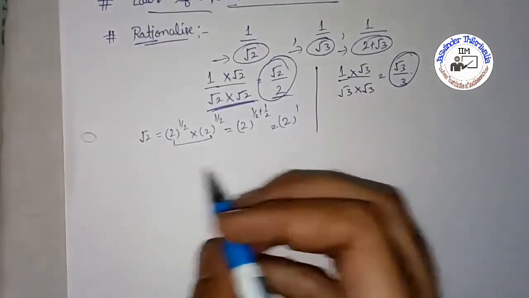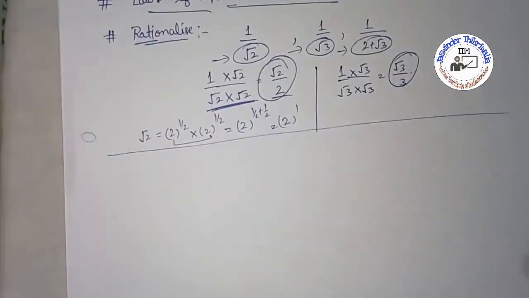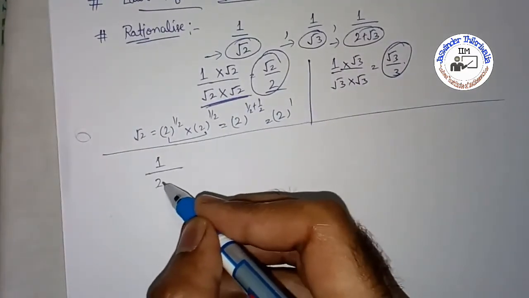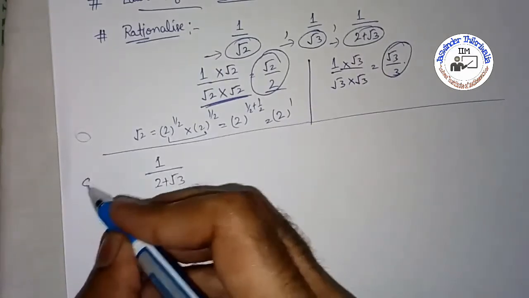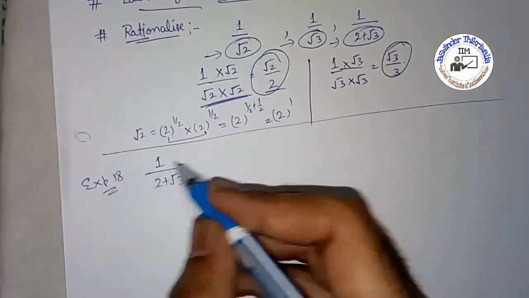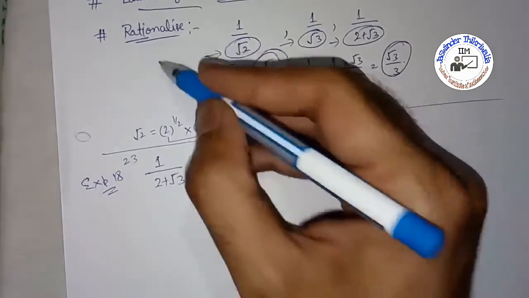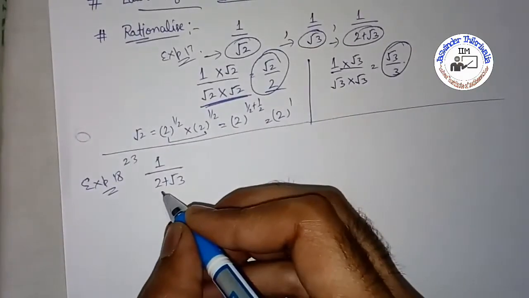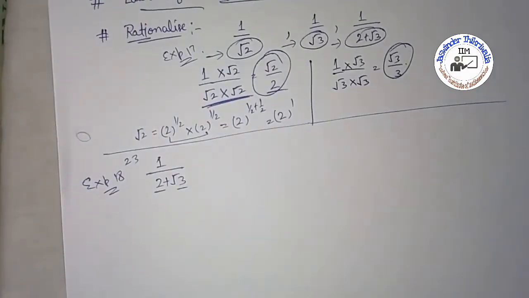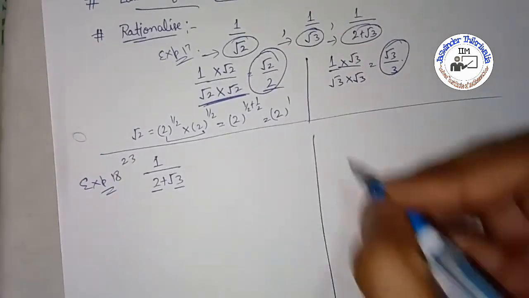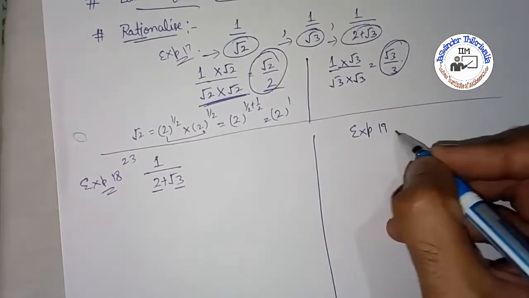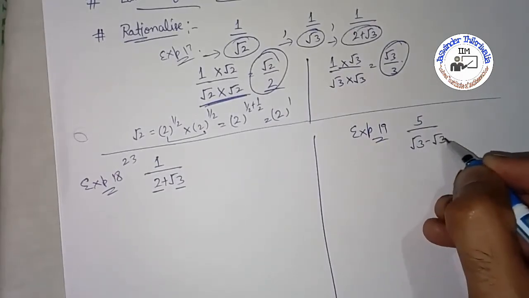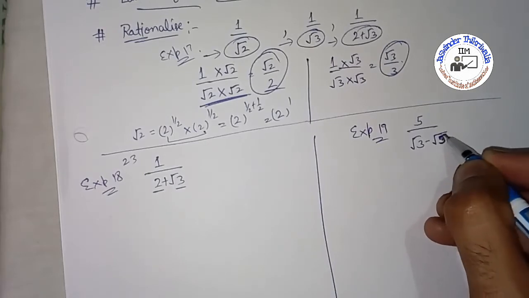If there are two terms, one rational and maybe one irrational, for example we have 1 upon 2 plus under root 3. This is your example number 18 on page number 23, and the earlier one was your example number 17. So beta, now you check that one number is rational, another is irrational. So how can we solve it? And you can take one more example, example number 19 also. In this also there are two irrational terms in its denominator. So how can we do it?